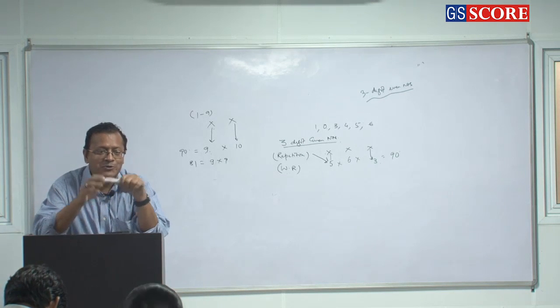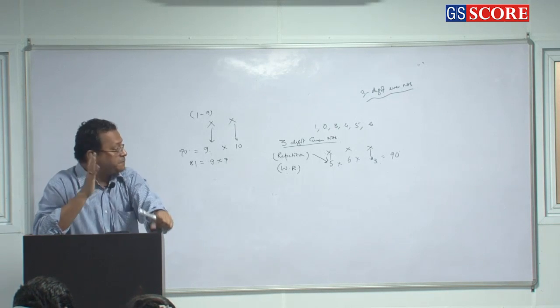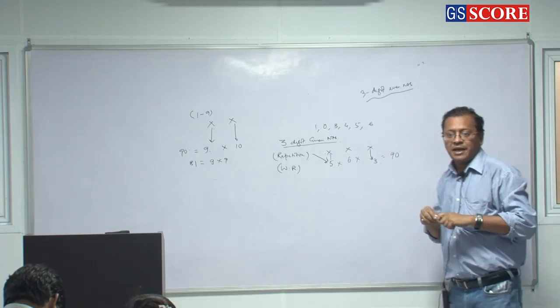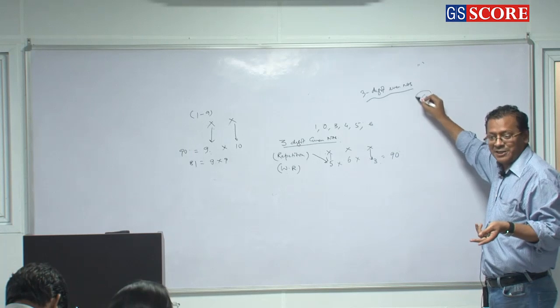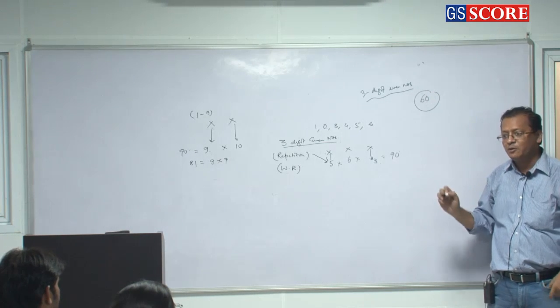Now here you use your mind a little bit. How many 3-digit numbers have been formed without repetition, irrespective of 0? You have given me the answer to be how much? 60. You have just given me that in the previous step. So you have given me the answer to be 60.